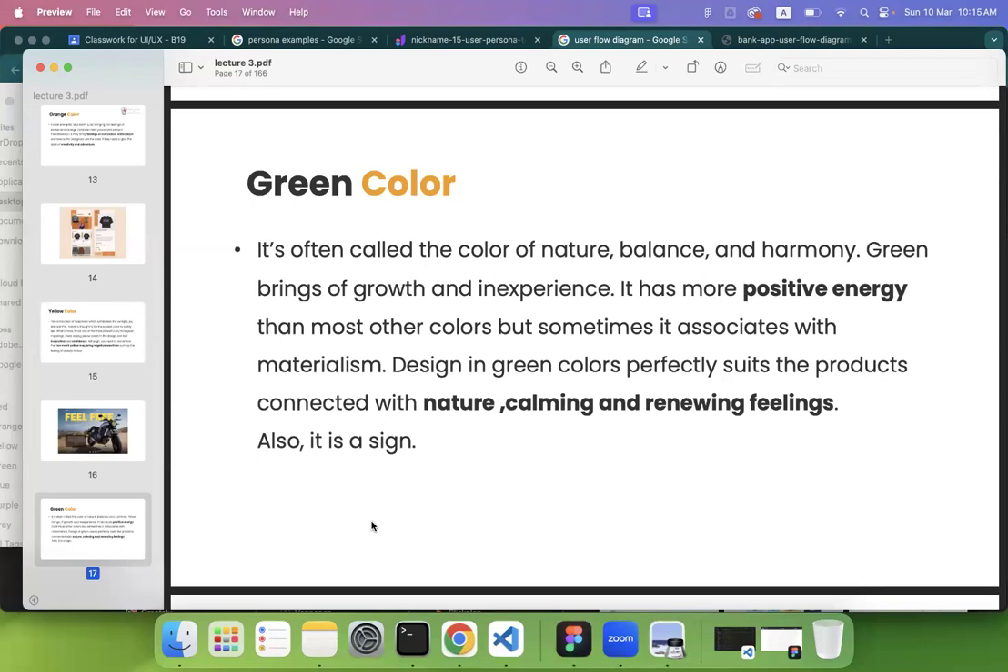Most of the time, when the product is something eco-friendly, or if you're trying to save nature, most users use this green color in their applications. So it demonstrates positive energy to the users as well as calming and renewing feelings. You see this color in most eco-friendly products, or if they're trying to reduce carbon footprint by creating an application like a bicycle riding application or ride sharing application, you can demonstrate your ideas or your